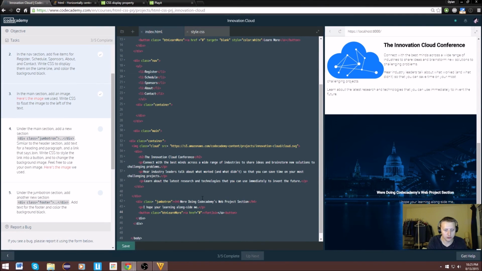So we'll do font style equals color white, and then we'll end the font right here, /font. Save it. That should change it to white. Cool. And then we want to probably